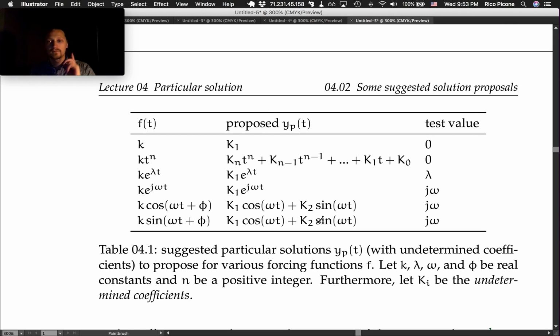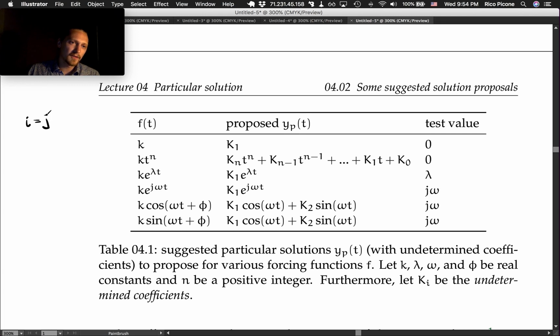So, test values. We're going to talk about test values in just a moment. Just notice that's the third column here. It's pretty simple. It's zeros, lambda, so whatever the lambda was in the exponential forcing function, and j omega, so whatever the omega was from the forcing function. j here, and throughout, and I think I failed to mention this before,